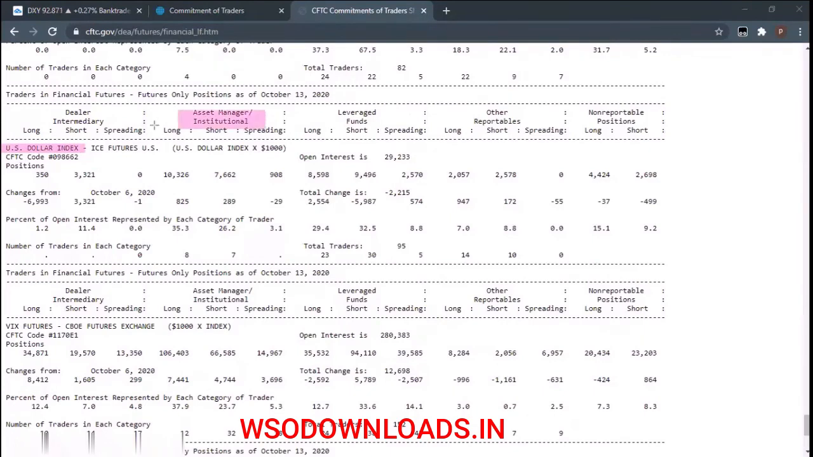Asset manager long versus short. So we're at about 10,000 longs and 7,000 shorts. So where were we the previous weeks? Where were we? We're at 10,000 versus 7,000. So the previous weeks,